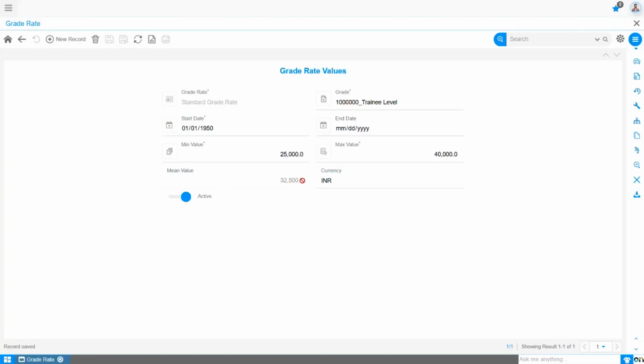for that grade range. To define pay ranges for additional grades, you will click Create New Record to enter the pay range details for the next grade. For the required information, you will select the appropriate grade. You will enter the effective start date. For the end date, you can specify it if the range is time-bound. You will also enter the minimum value, which is the minimum salary for the grade, and the maximum value, which